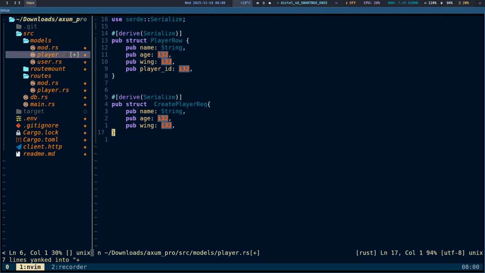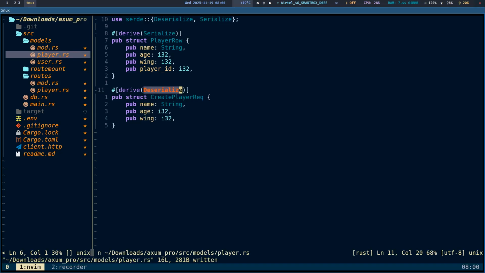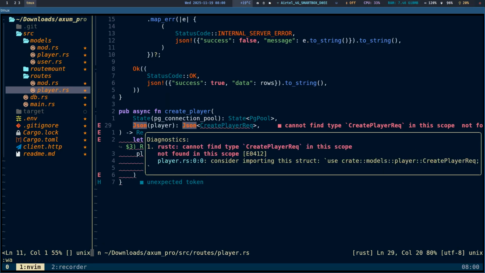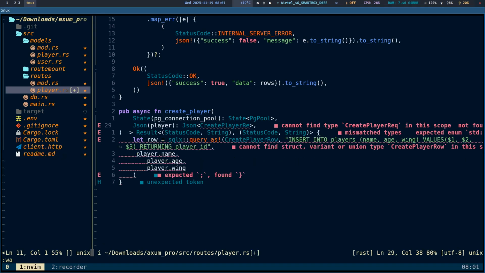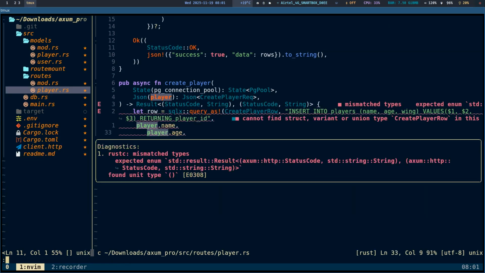And we don't need this ID here. Then we need this Deserialize from serde. So if we come back here, we have the create player request. If the spelling is right, we can bring this in,